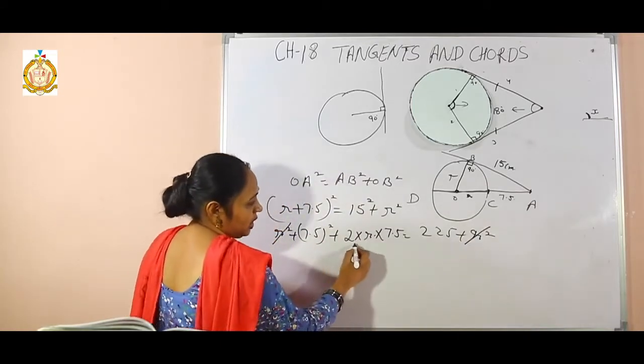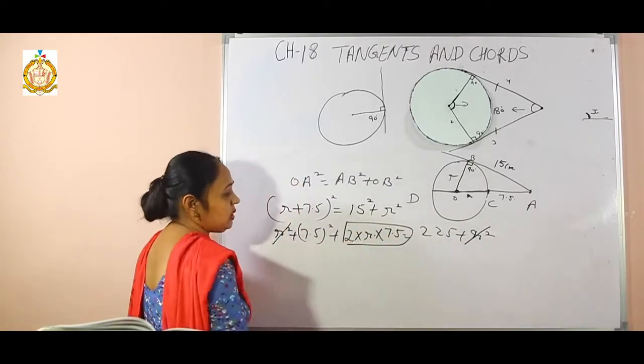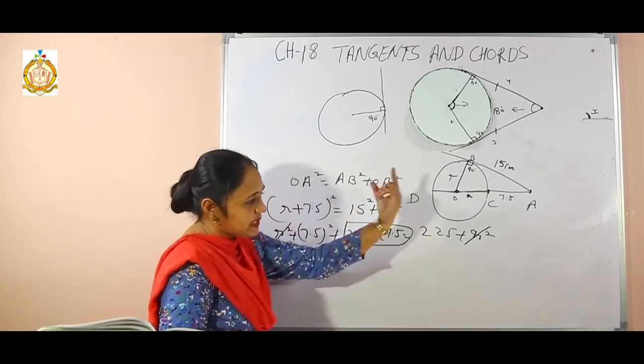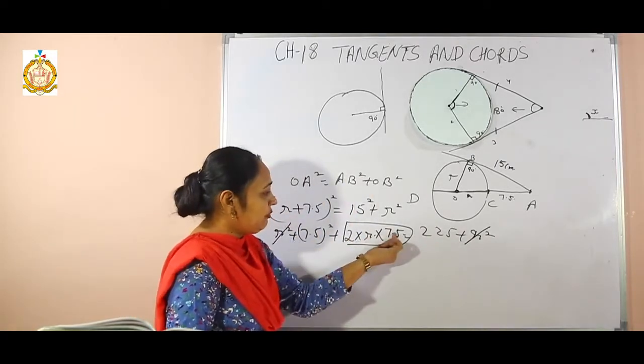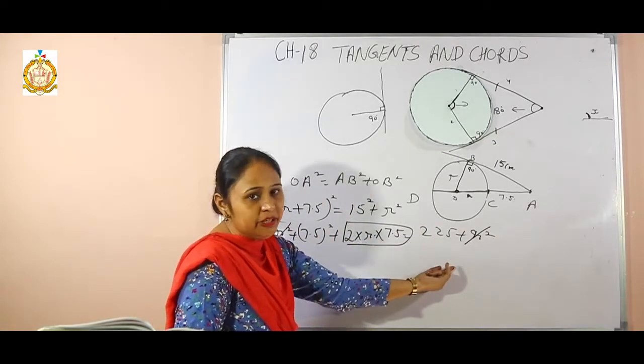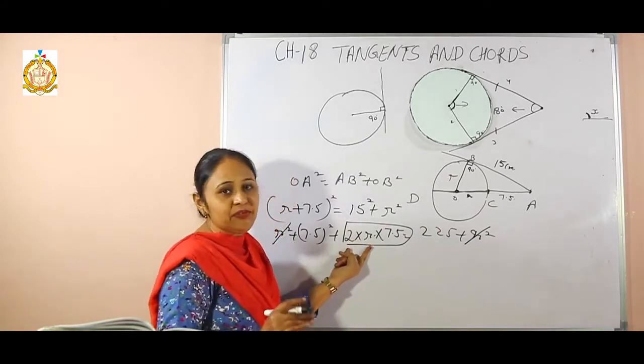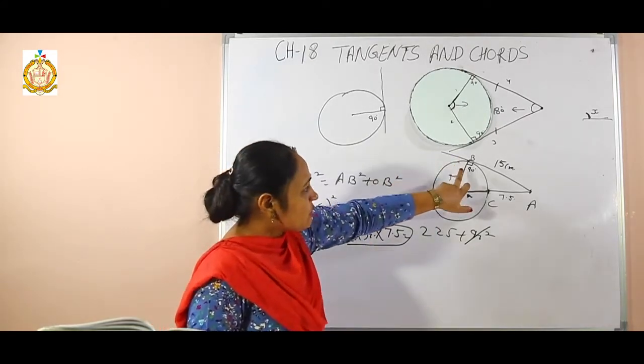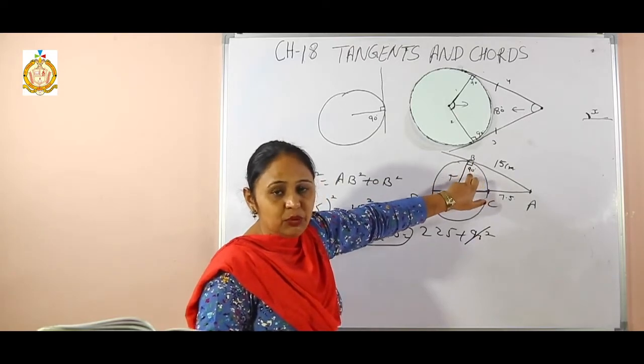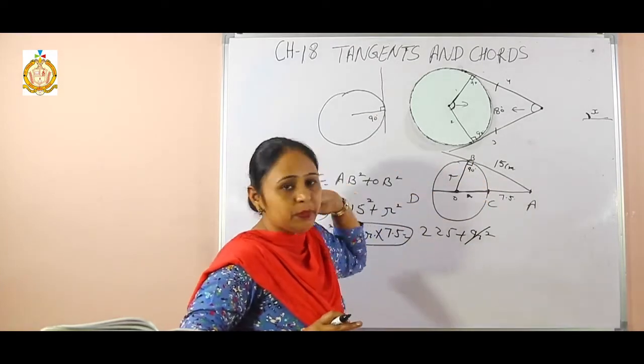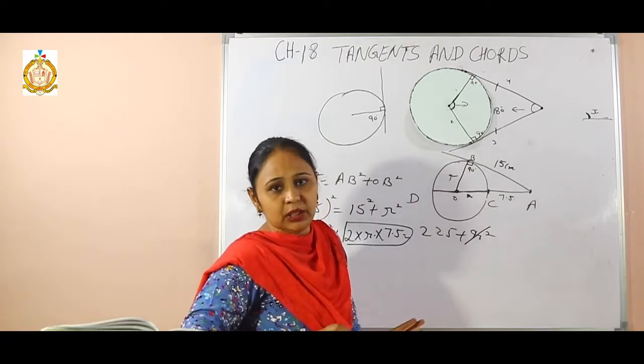Now I want to find the value of R from here. 7.5 square goes to that side and becomes negative. It becomes 15R, 15 goes to that side and we divide with it, and we can easily find the value of R. That means just what do we do? We take the angle of 90 degrees, the first property we use, and apply the Pythagoras theorem.